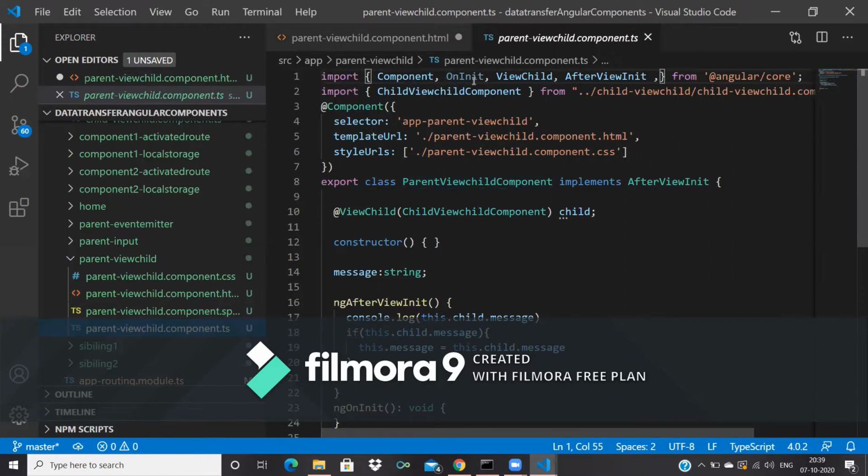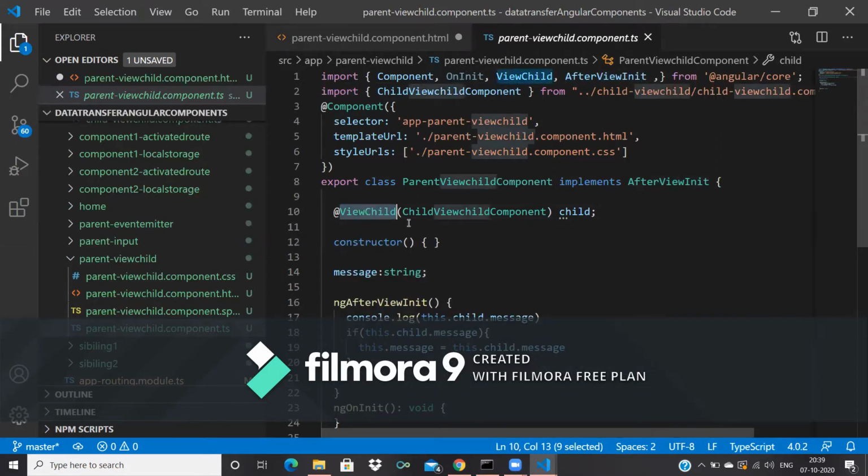I want to import ViewChild and AfterViewInit. AfterViewInit is a lifecycle hook we learned in the last video, which will be triggered after the view of the component is initialized. ViewChild will be used here.